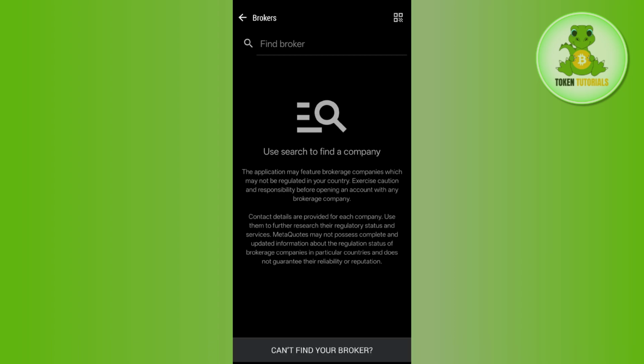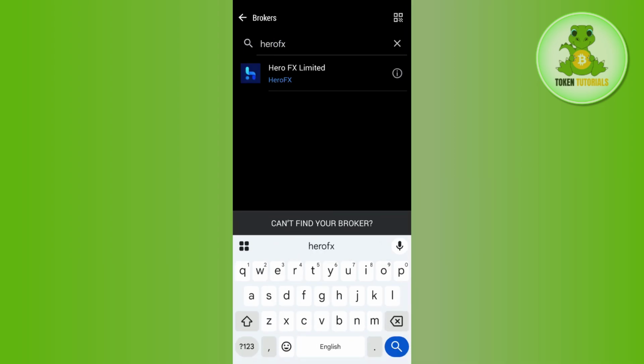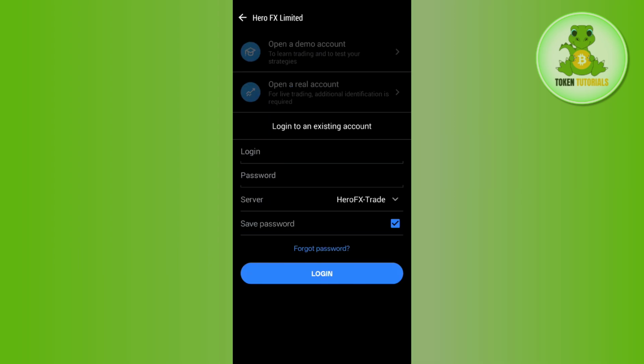So here tap on the option of this plus icon. Now it is going to ask you to look for your broker. So in the search bar, you need to simply search for HeroFX. Now when you search for it, you will find this particular server which is from HeroFX and it is called HeroFX Limited. So when you tap on it, it is going to ask you to provide your login credentials of